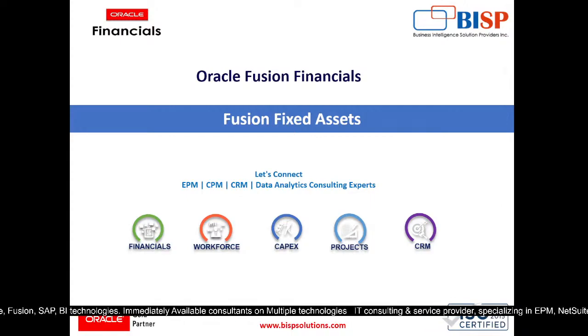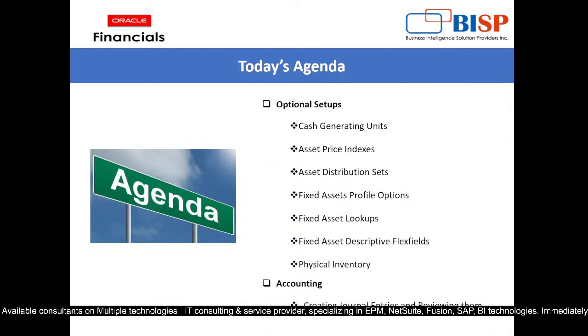We were seeing in yesterday's session the transfer of the asset, but we have just seen how to manage that from the asset workbench manually. Today we will begin from there only, as it is yesterday's topic. First we will see how transfer of asset is performed through the spreadsheet, and then we will begin with today's agenda, which relates to cash generating units. These are optional setups. If required by our organization, we can